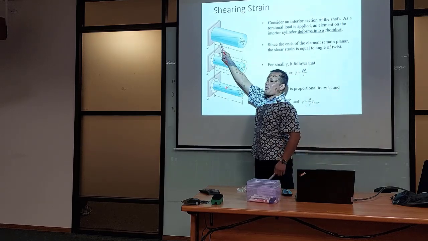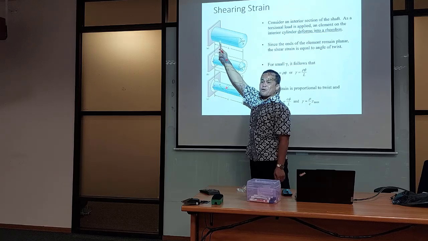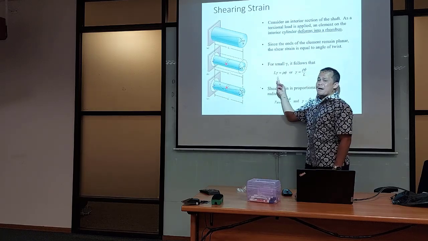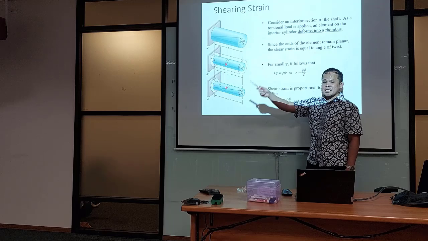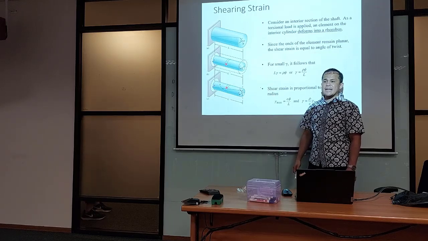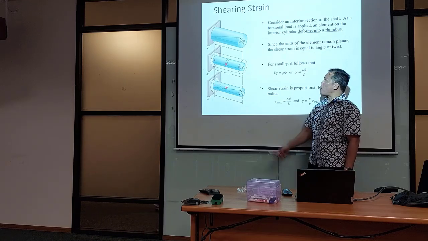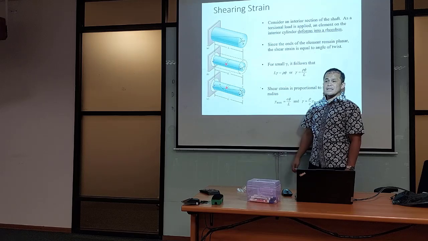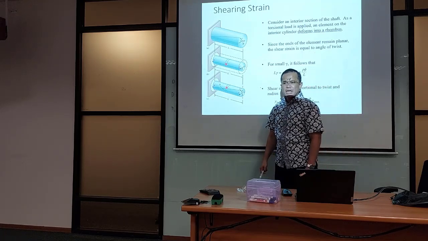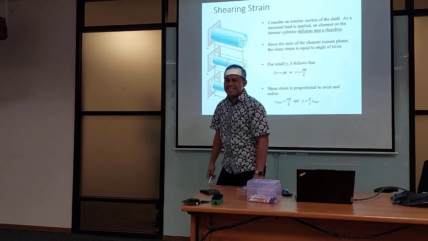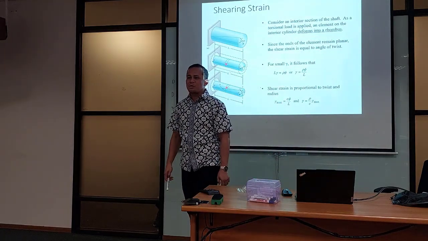If you're talking from the clamp, from the fixture, you call it gamma. Gamma is shear strain. Shear strain, gamma, is proportional to the twisting angle. Similar to what I mentioned, epsilon is proportional to